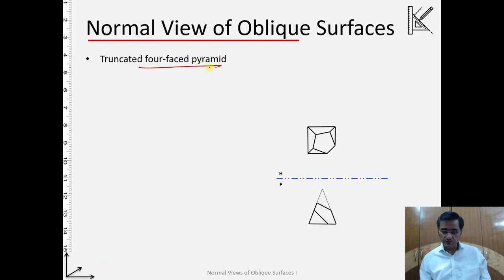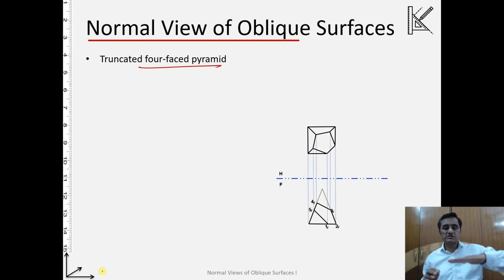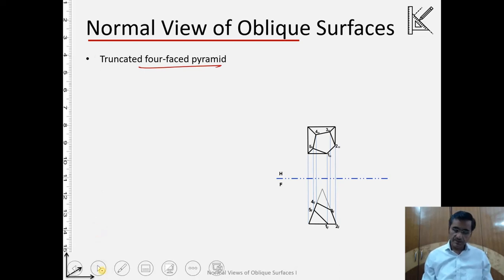If you observe it, the four-faced pyramid means there is a bottom, okay, then one face, two face, third and fourth. That is how the pyramid is, and this pyramid has been sliced again. So what we see in the frontal and the horizontal is the projection of the sliced pyramid, okay, and that is how the projections are. For the given surface, this surface here,